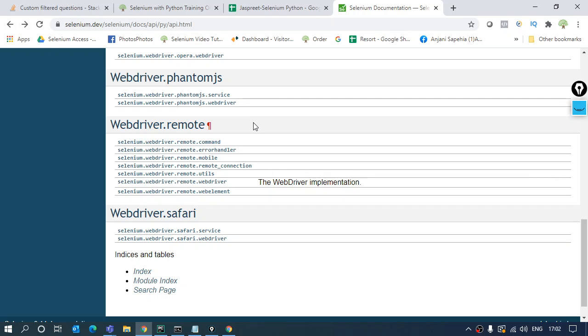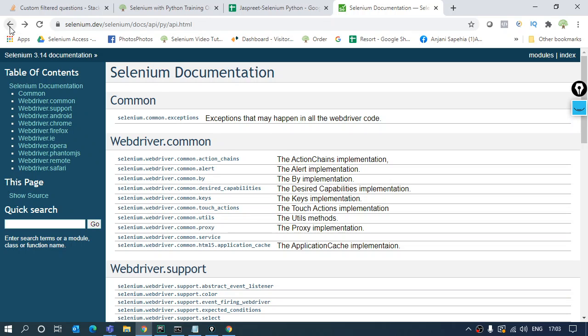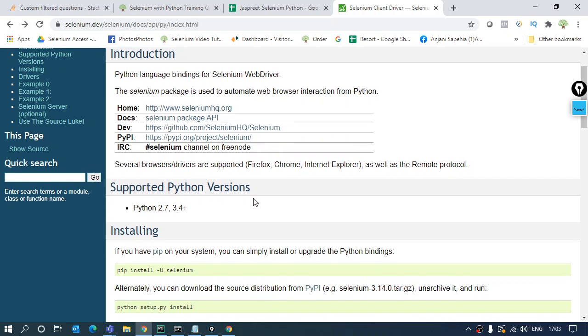It's going to give you an error, because to open any browser, you need to have the drivers of those browsers available in your system. You need to download them and have them in your system. I'll tell you from where you need to download them according to the versions, and which settings you need to do. You need to be very careful about all that.